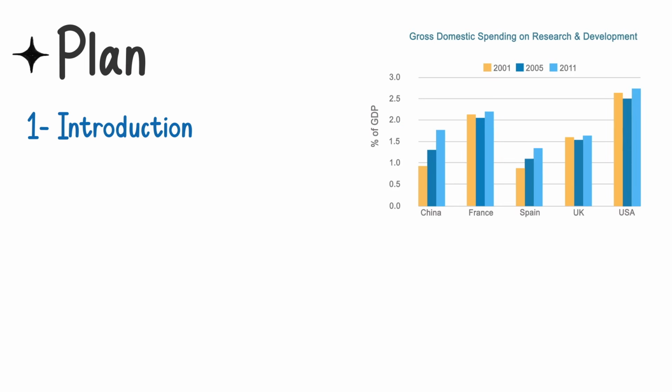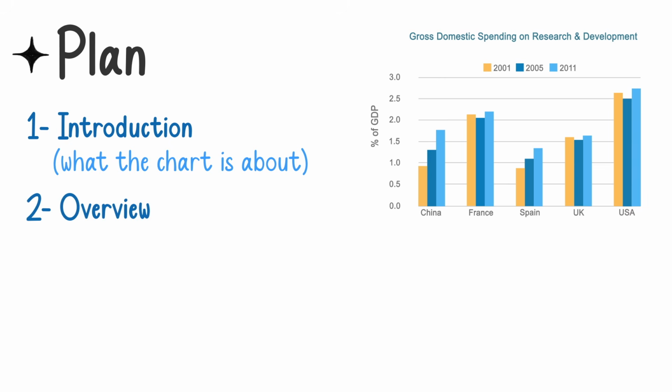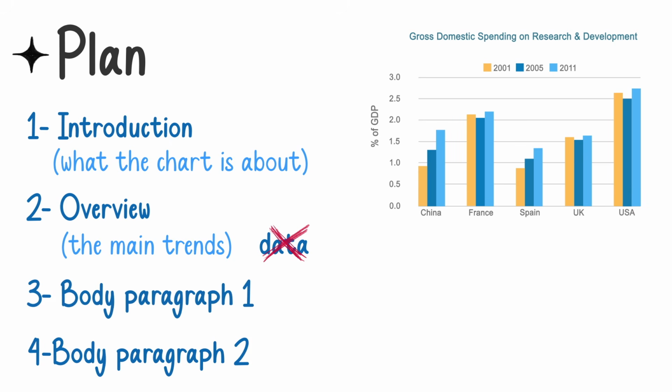So your first paragraph is your introduction, and you know that in the introduction you tell the examiner about the chart you are describing, what the chart is about. So basically we paraphrase the question using some synonym language, all right? And then in the overview paragraph, you briefly highlight the main trends or features. And remember that no data in this paragraph should be included, all right? You definitely should not use any data in this paragraph. And then paragraphs 3 and 4, which are your 2 body paragraphs, you organize the data, you compare or contrast